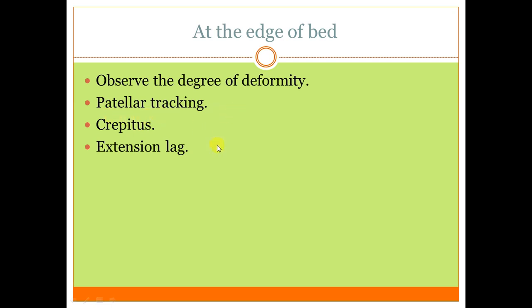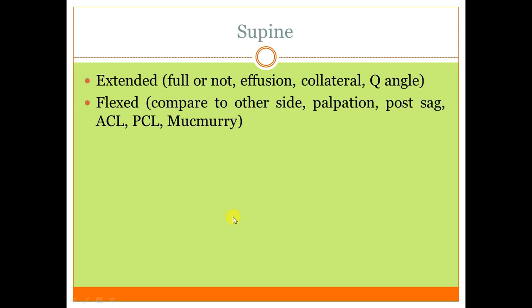J sign means that there is lateral subluxation of the patella. Then put your hand to feel crepitus, and observe his extension degree while he extends his knee, to see if there is any extension lag due to muscle weakness, for example. Then please